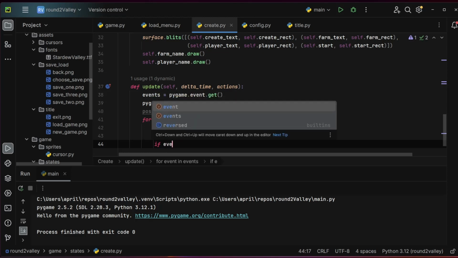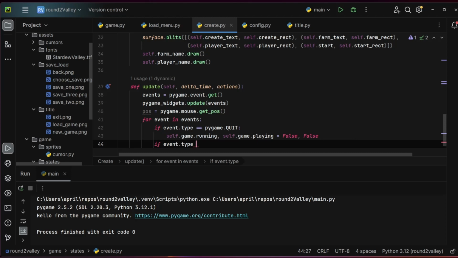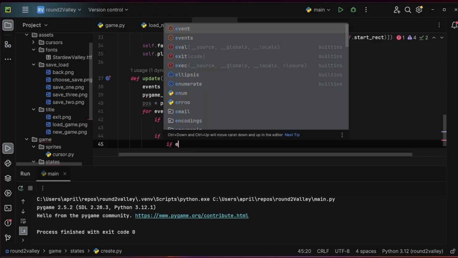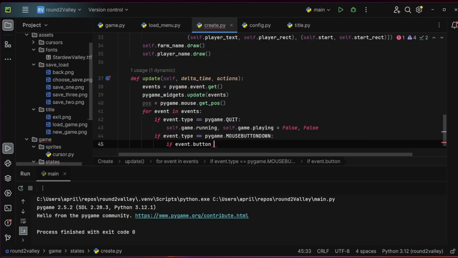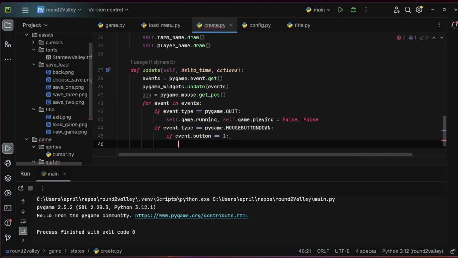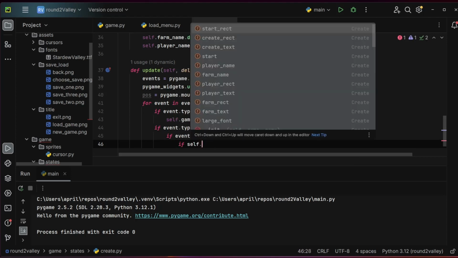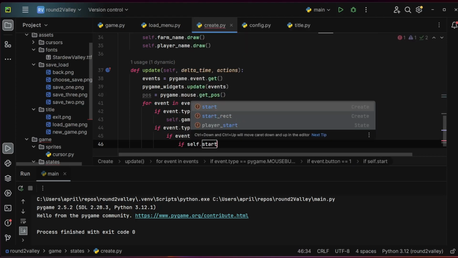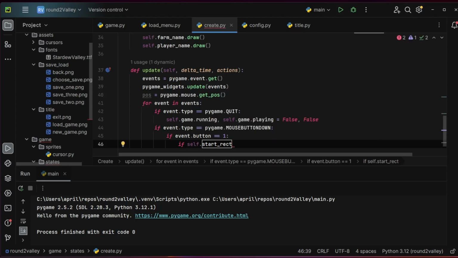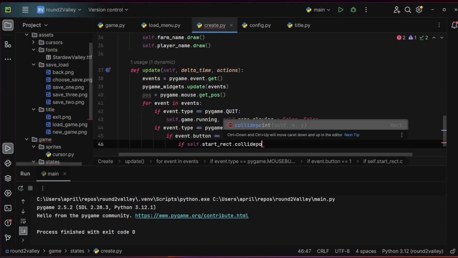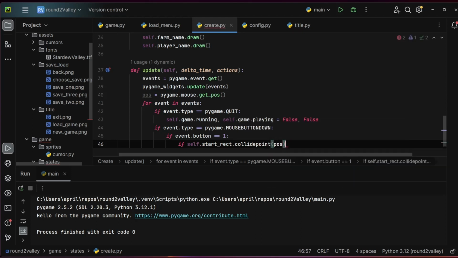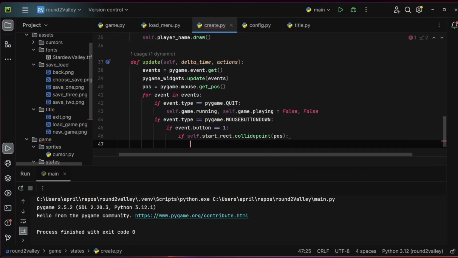And then if event.type is equal to pygame.MOUSEBUTTONDOWN, if event.button equals 1, so if the left mouse is clicked, if self.startRect.collidepoint(pos). So if we've clicked, if the mouse collides with the start button,